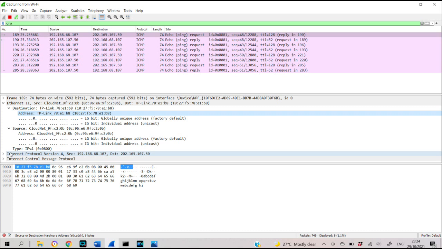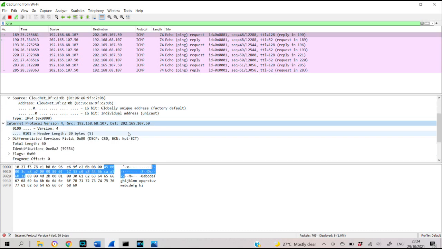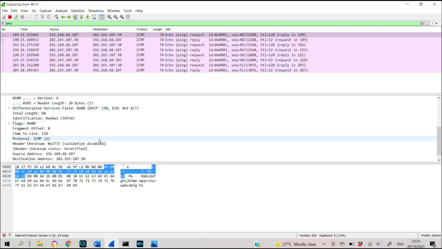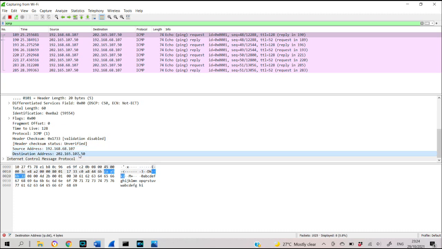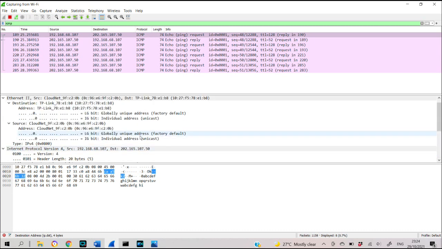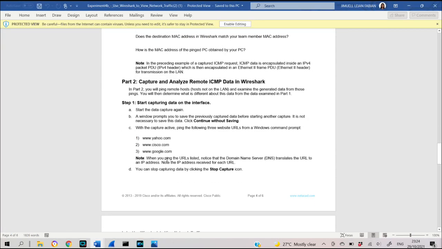However, when we check here the Internet Protocol version, we can detect the IP addresses. So our source address, which is our laptop, is 192.168.168.107, and this is the IP address of Yahoo, which is 202.165.107.50. So this is the data we see. Next, let's